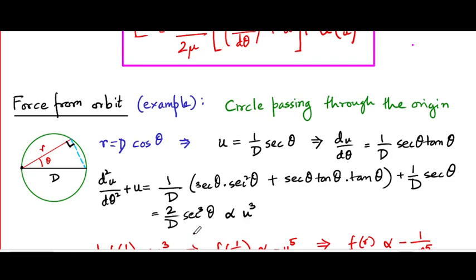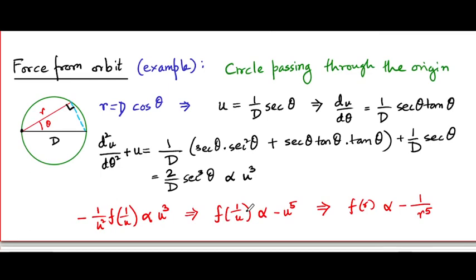But what we need is to express this entirely as a function of u. In this case, that's very simple because sec theta is essentially capital D times u. So this expression is simply proportional to u cube. I'm writing proportional to and not bothering to write down the exact formula, which is easy enough to figure out. It's actually twice D squared u cube, simply because we are interested in the way in which the force changes with distance. So, once again, ignoring the constants L square over mu, what we get is minus 1 by u